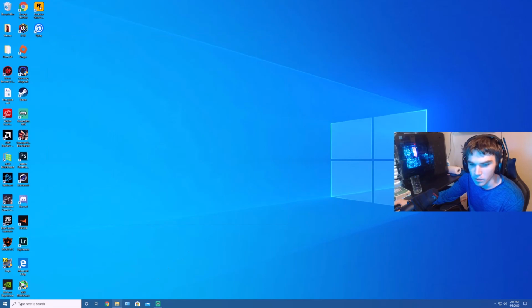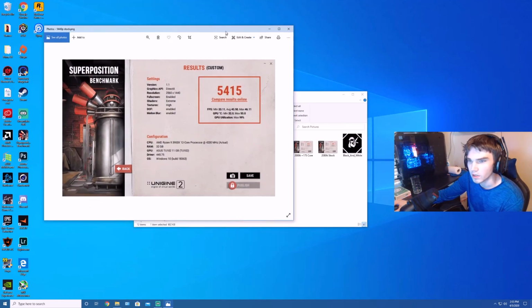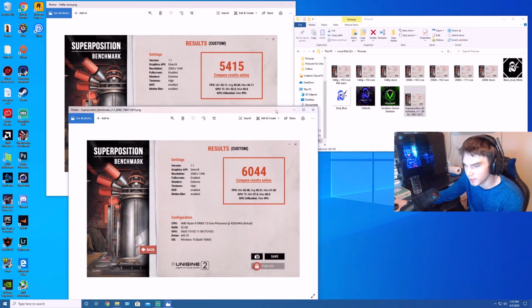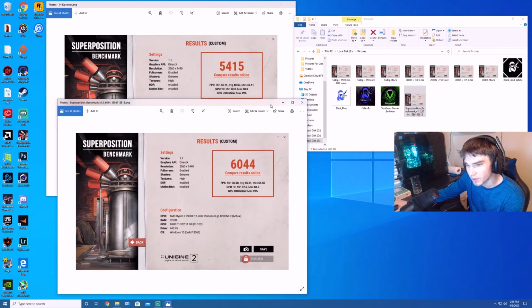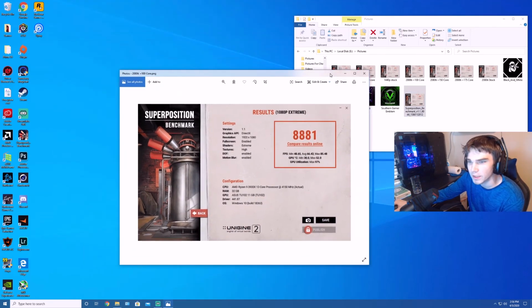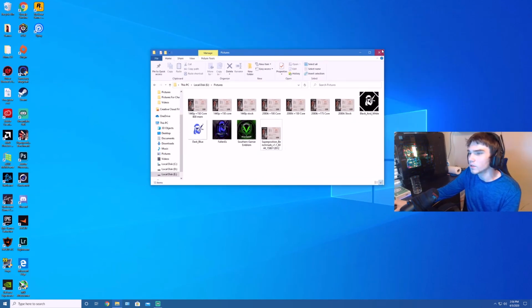and what we're gonna do is, so what was my stock 1440p stock? Stock was 5,415, and that was 6,044. So we gained about a 629 point difference from going from stock graphics card all the way to the overclock that we set. Was it really worth it though? We got our max FPS changed by about 4 or 5 FPS, and that's only 3 FPS on the other. So that's not that big of a difference. I wonder if that really is worth it though. Oh wait, did I accidentally pull up the 1080p one? Might be. But yeah, guys, I think that's gonna do it for this little